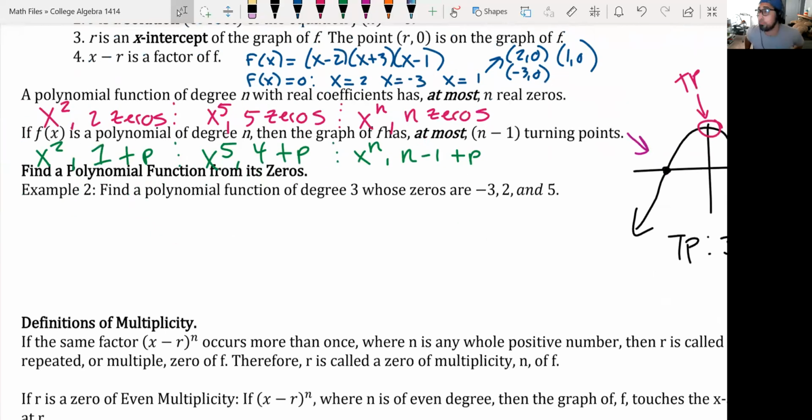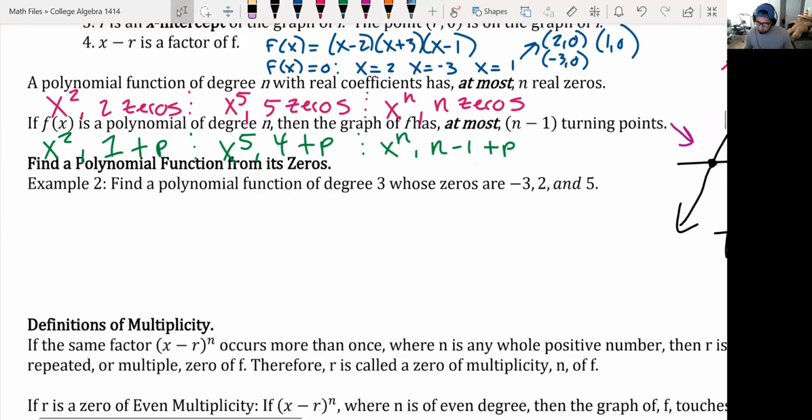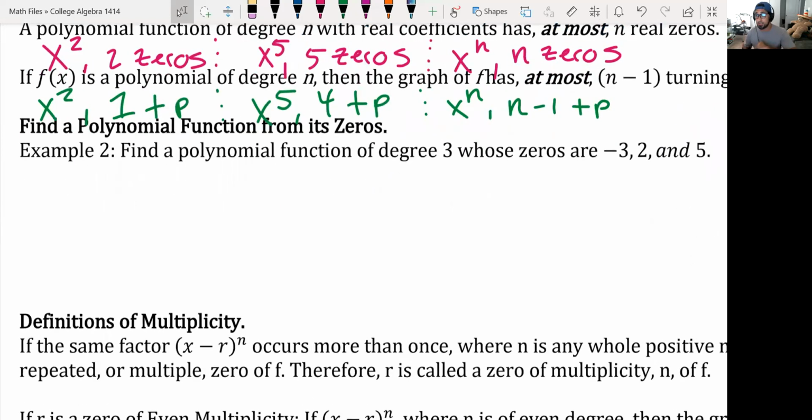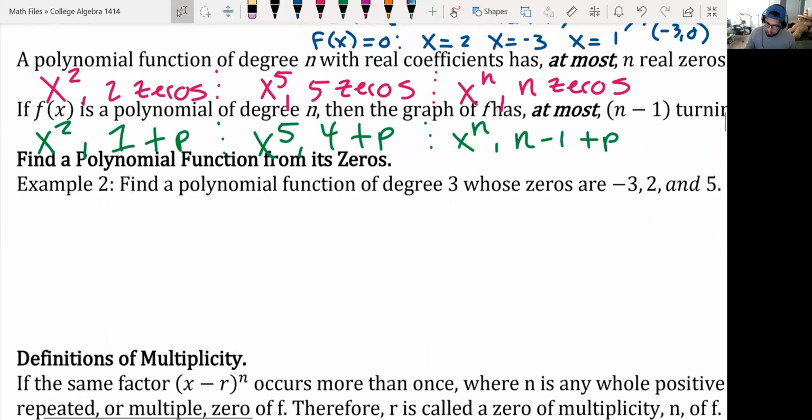That's it. All right, so those are definitions. Next, find a polynomial function from its zeros. Example 2, find a polynomial function of degree 3 whose zeros are negative 3, 2, and 5. They're giving us the zeros, and we must now construct a polynomial function from the given zeros. So here's how we start. Based on the definition above,